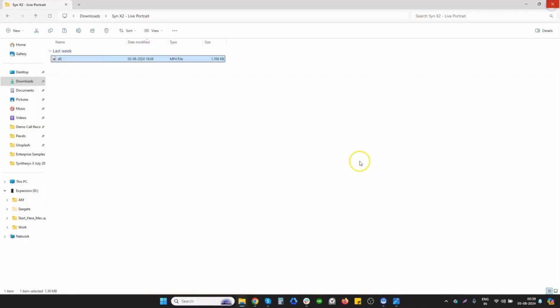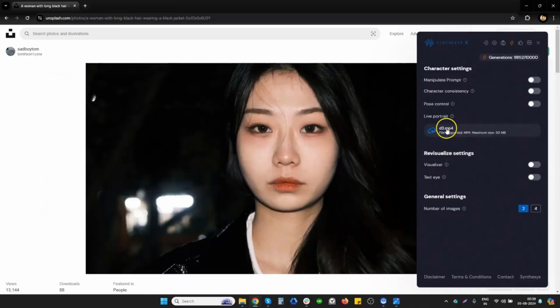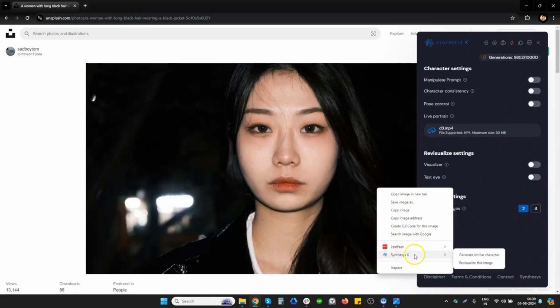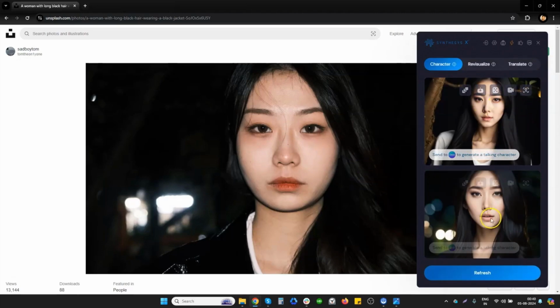But just look at the expressions of the actor in the video. Now, when I go back to Synthesys X and I upload that video here, once I've done that, I'll have to generate a similar character. Okay, now that this character has been generated, this last option, which says animate portrait,